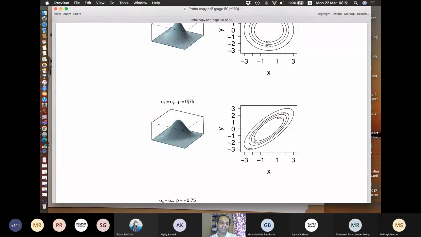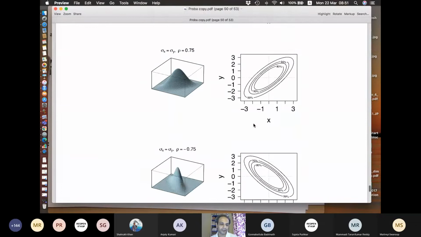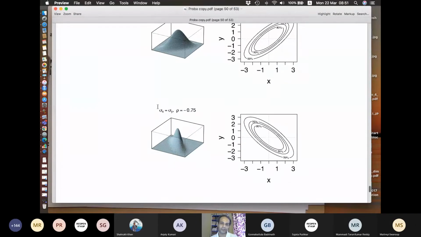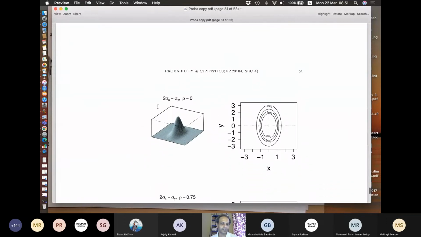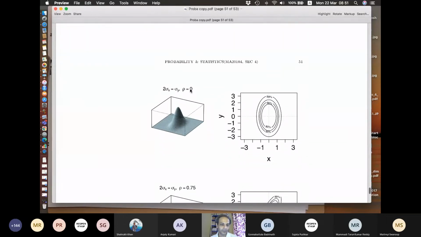Now, if rho is positive, it will be a right-sided tilt. Okay. Although sigma x and sigma y are the same, it will appear as a right-side tilted ellipse. If rho is negative, it will tilt to the left side. And if rho is